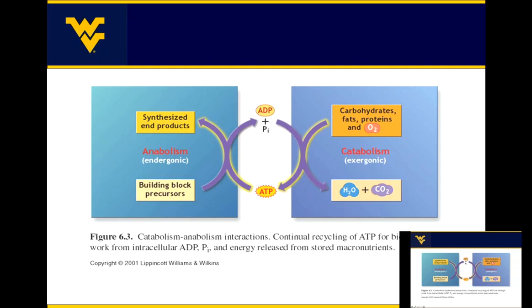Well, notice that this needs to be a cyclic process. As you're breaking ATP down, you've got to continuously resynthesize it. And how does that happen? Well, it happens through the exergonic or catabolism mechanisms of breaking your macronutrients down: carbohydrates, fats, and in some situations, proteins. Most of this takes place with the help of oxygen, but notice that this does not require oxygen. So this is an immediate, within-millisecond reaction that can take place, and as soon as this is broken down,